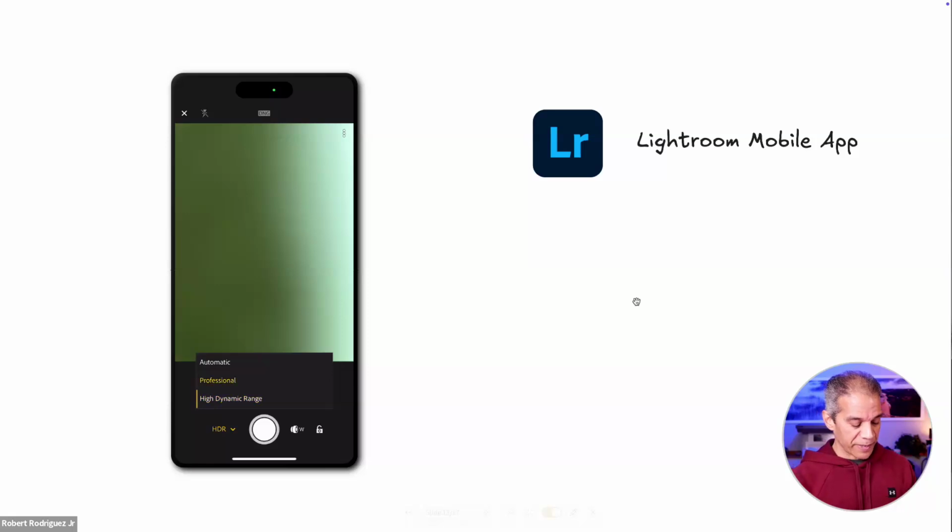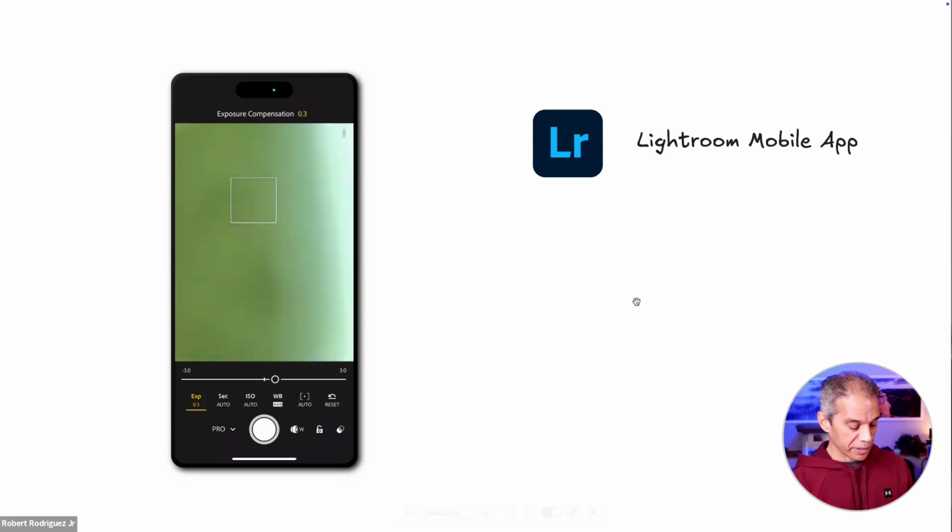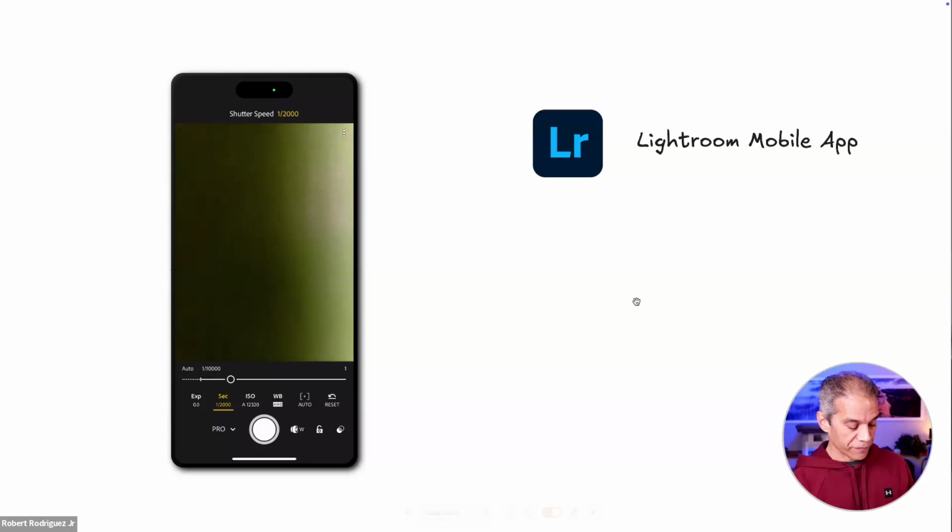If I switch this back to professional like that, now you're in pro mode, and you see that at the bottom right here, I have all of my manual adjustments. And so I can tap somewhere on the screen, and that sets the focus point. If I want to adjust exposure, I tap the exposure, and I can adjust the exposure compensation up and down. I can tap on shutter speed right next to the right of it, and you see that it's set to auto now, or I can adjust this from,